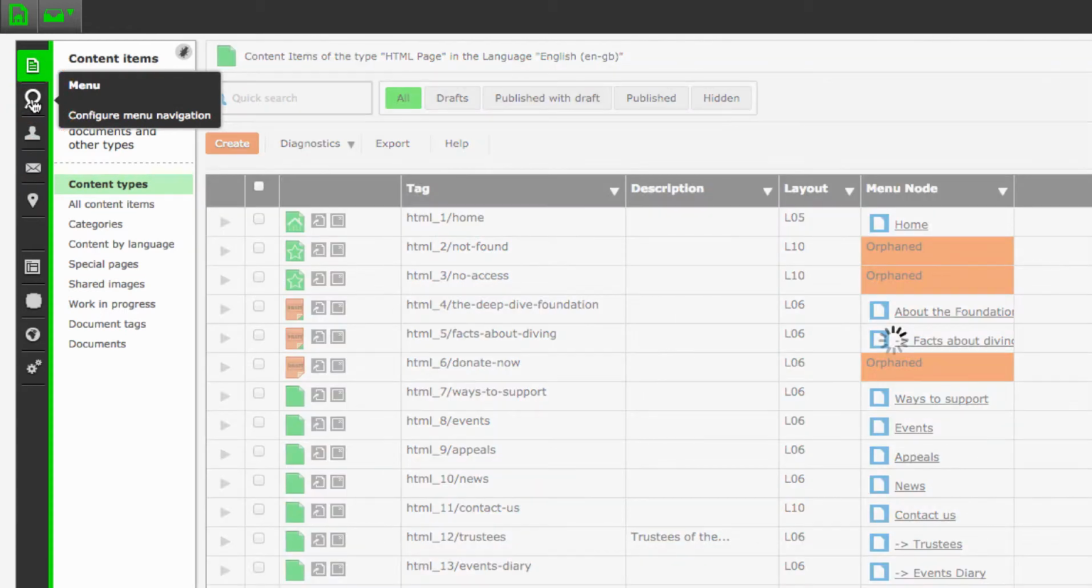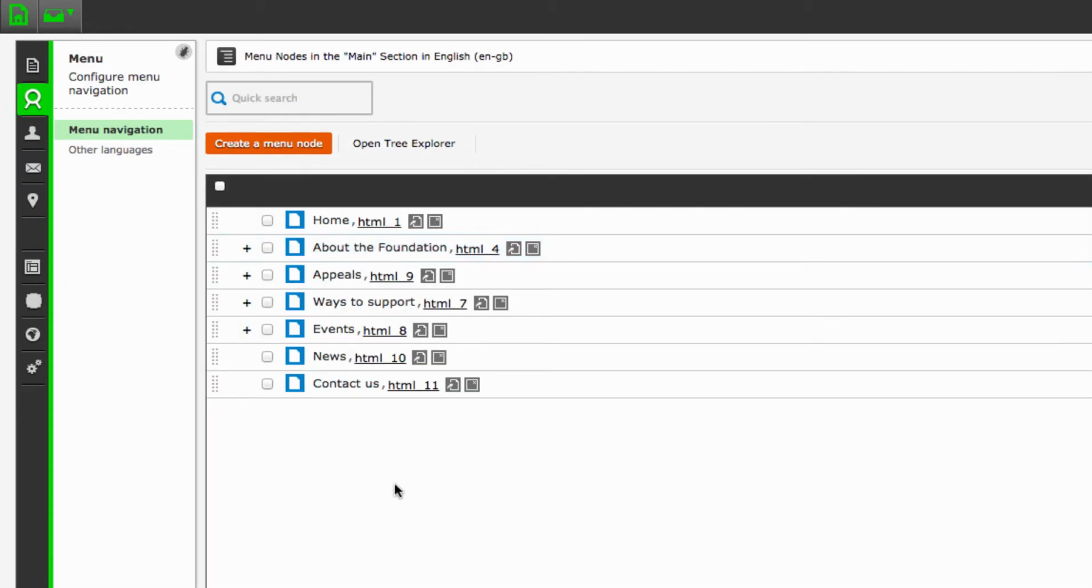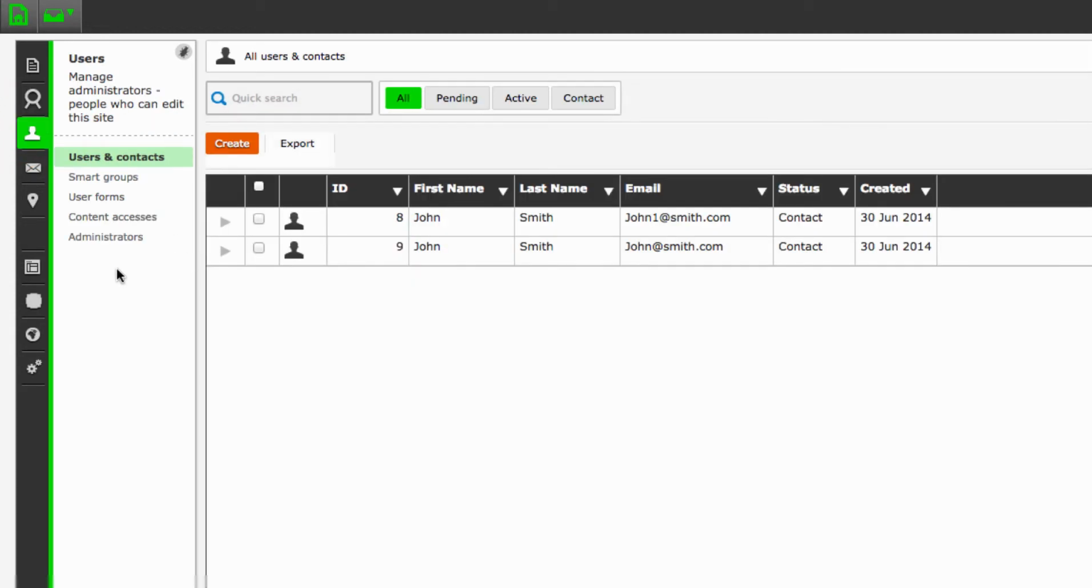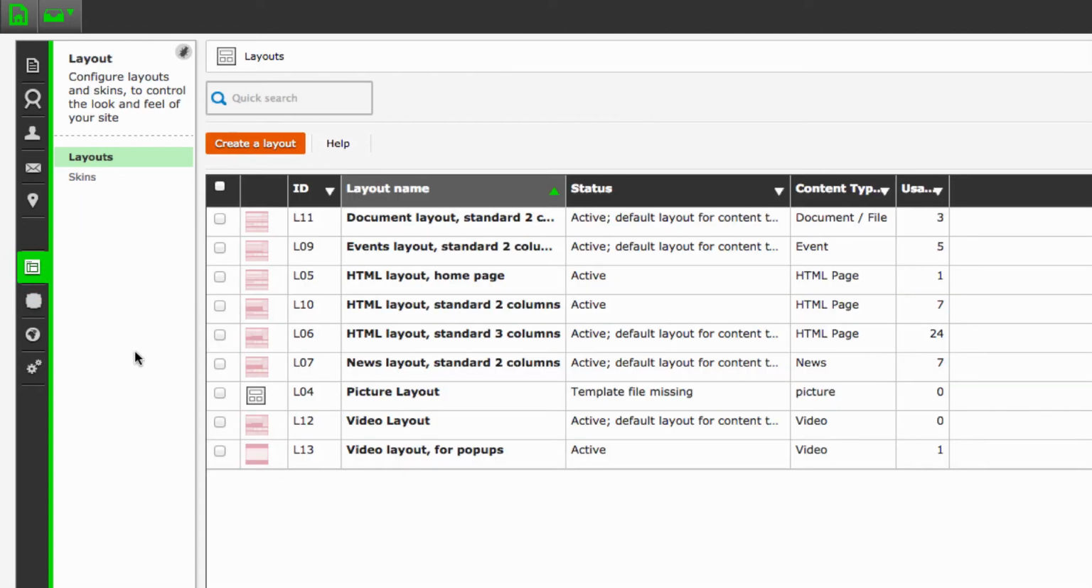Menu, which shows you the menu node hierarchy, mentioned earlier, in the back-end view. Users and Contacts shows you the various users that can log in or have signed up for, say, a newsletter. You can also change the administrators and their privileges on this mode as well. On the Layout menu, you can see all of the layouts that have been created and how many pages use